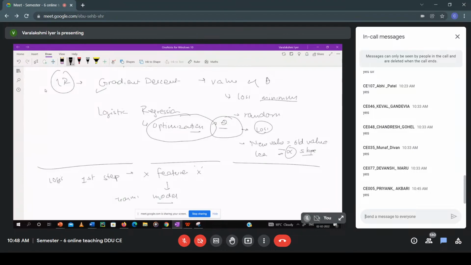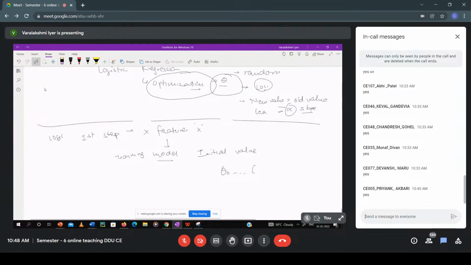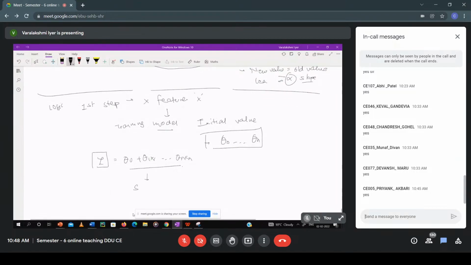We'll have some initial values of the parameters, theta 0 up to theta n. We'll calculate z, which is theta 0 plus theta 1 x1 up to theta n xn. This is your z value. Then later on, we'll pass this through a sigmoid function